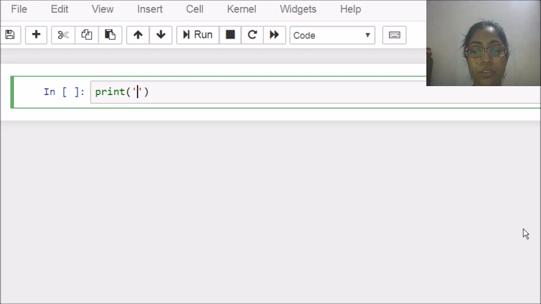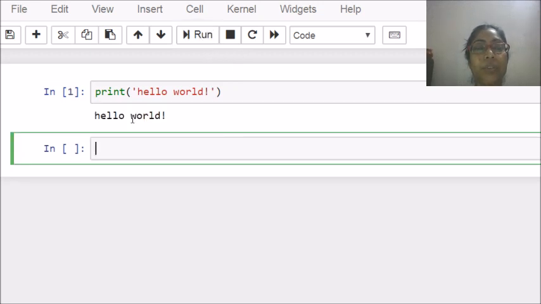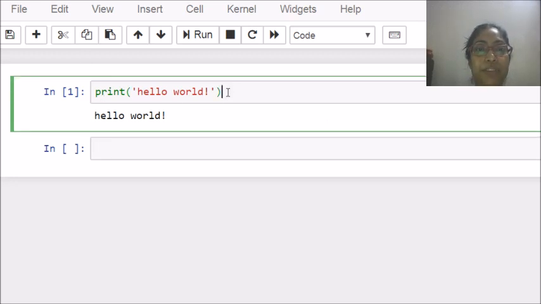For the first program, I am just writing hello world. This is the basic program to display something on the screen. Let's run the program. Here you can see hello world has been displayed on the output. Whatever is displayed outside this box is the output window. So let's write a few more lines here.